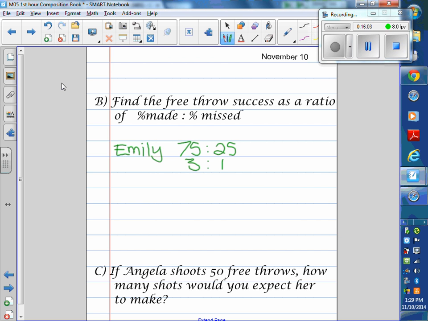Both okay. The reason I like this one, even though I added it in, is it could help you think about, what if she made 6 baskets? How many do you think she missed? 2. No, she missed 2, because this is the made to miss. This is like her